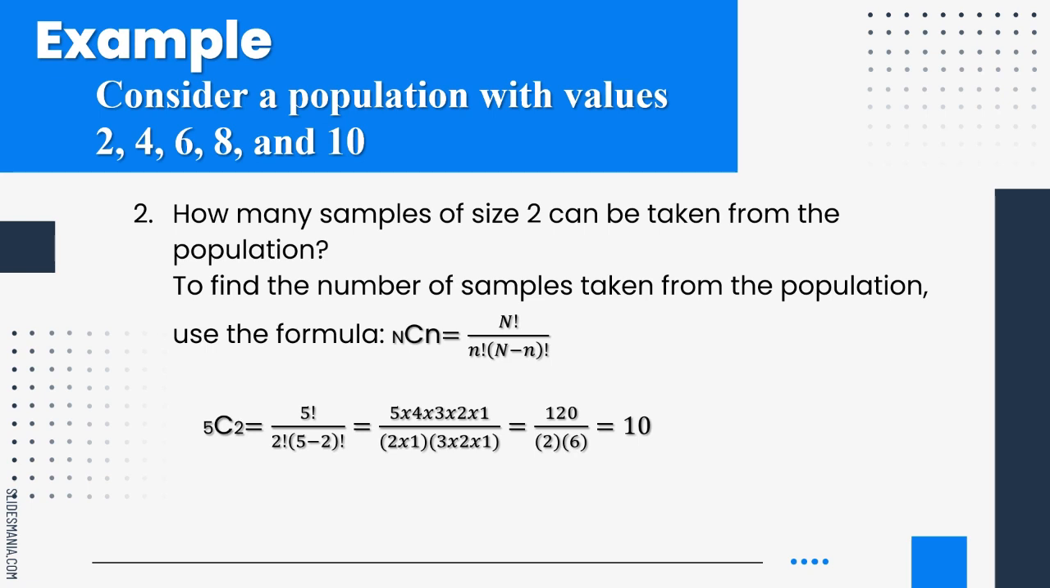We will now have our solution, that is 5 combination of 2, that is equal to 5 factorial divided by 2 factorial multiplied to the quantity of 5 minus 2 factorial, that is equal to 5 multiplied to 4 multiplied to 3 multiplied to 2 multiplied to 1 divided by the quantity of 2 multiplied to 1 multiplied to the quantity of 3 multiplied to 2 multiplied to 1, and that is equal to 120 all over 2 multiplied to 6, that is equal to 10. So we now have our 10